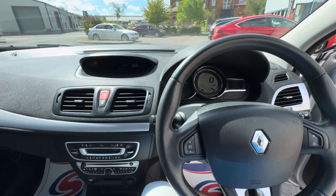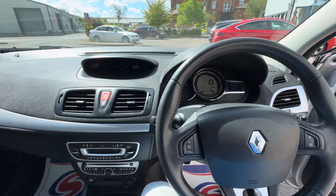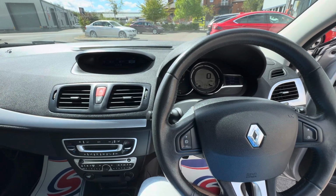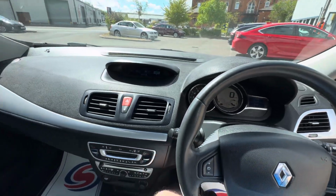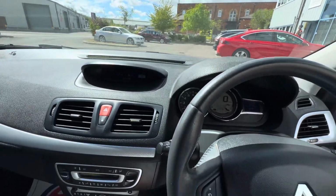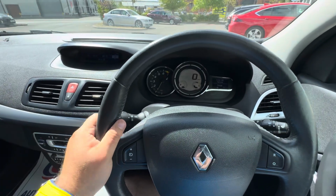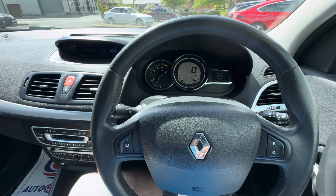But anyway, with all that being said, it is a fantastic car. It will serve somebody well, even if it's just for the 12 months that the MOT is there. But I'm sure once you start driving it, you will use it for much longer than that. But anyway, let's go and park this baby up,